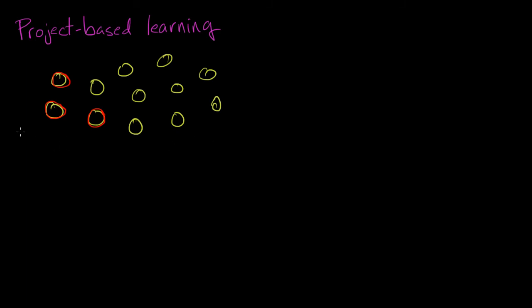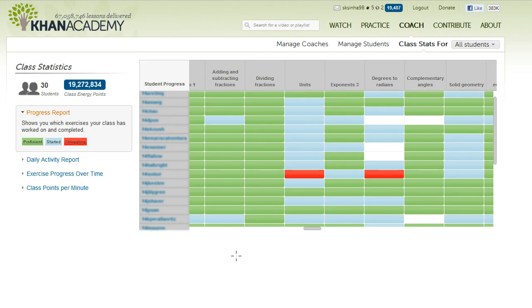Khan Academy can help with this because if you use the dashboard, let's pull that up, you can look to see what projects your students really are ready for. For example, if this was a sample dashboard for you and you had a project that relied on understanding how to calculate the surface area and the volumes of cylinders and other shapes in solid geometry, you would see that your students really haven't all mastered that skill set. So instead of attempting that project, maybe you would have more small group instruction, or you would have more directed one-on-one time or peer-to-peer tutoring with the students to make sure that they all fill in those gaps